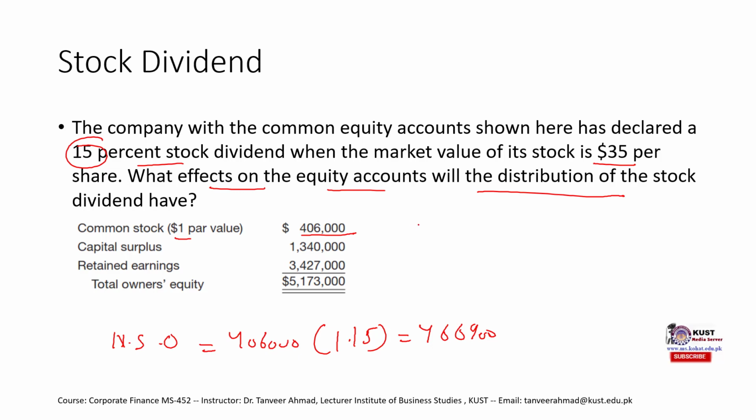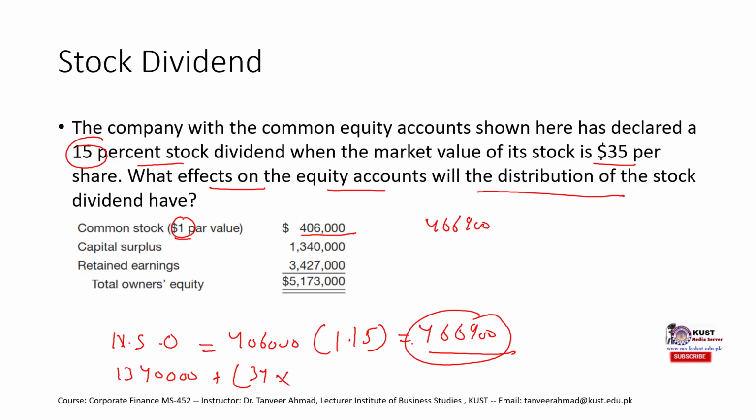Next, we need to draw this equity account, and you know that the equity account would change because each par value would remain the same. Now we have this new number of shares, so this common stock would be this much, and capital surplus would be 1,340,000 plus, because the share price is 35, $1 is already recorded, and we are left with $34 multiplied by the new